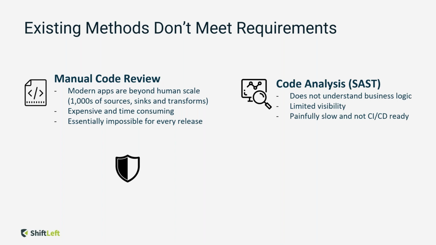The other option is then, okay, let's automate this. Let's just do static analysis of source code. One big issue with this is static analysis tools normally don't understand the context of your application. So yes, it understands programming constructs and language constructs. It can look at your source code. It can kind of guess what is happening, but it cannot accurately understand what you're trying to do in your